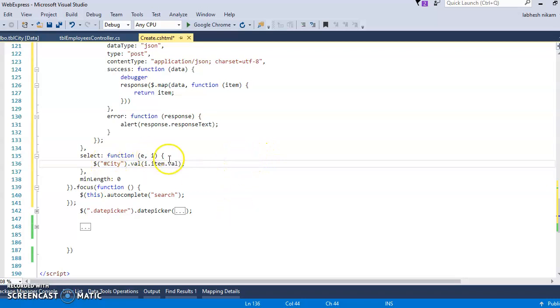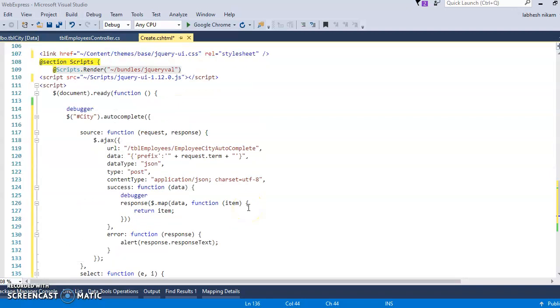So the select function: if id dot value is ui dot item dot value, then minLength 0, meaning you complete and close the list. And focus on the autocomplete search, meaning the related label will be displayed.